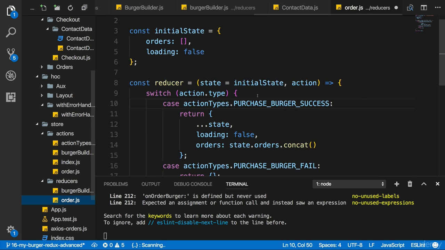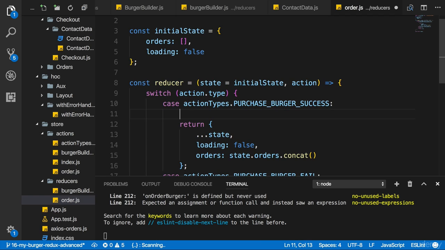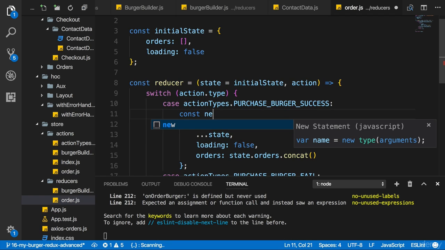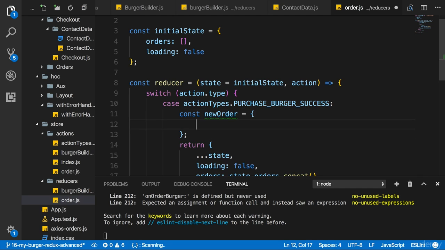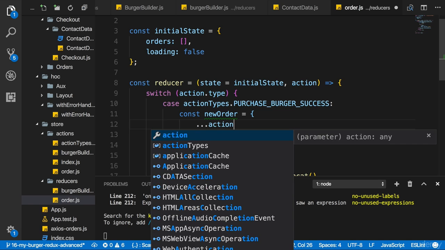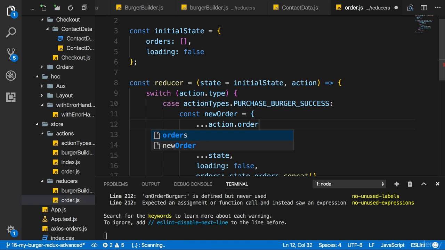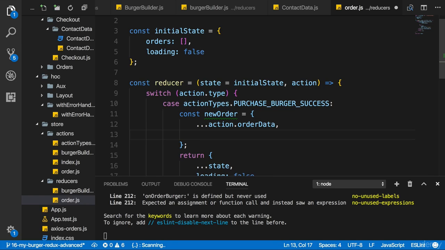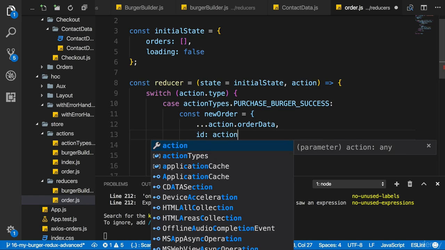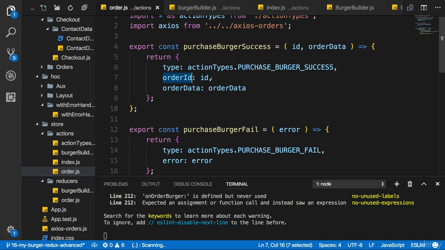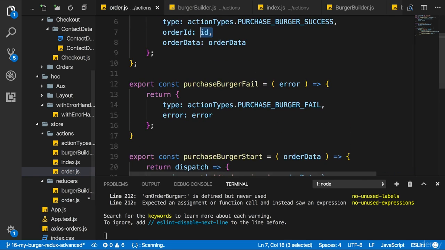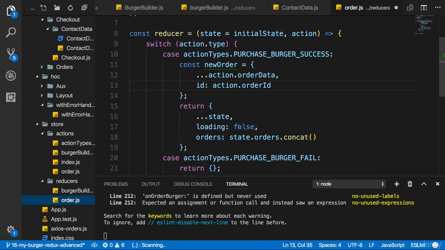So in my order.js file, I'll simply add a new constant here, newOrder maybe, and I'll set it equal to a JavaScript object where I first of all spread all the properties of action.orderData. That is the order data we also passed on to the server. And I add a new property id, which is action.orderId. That is referring to that other property. And that is the ID we will get back from the server. With that, I have a new order, and that is what I want to concatenate here.